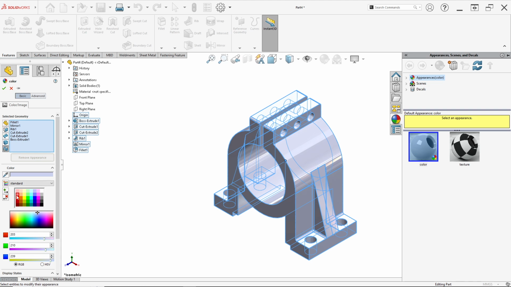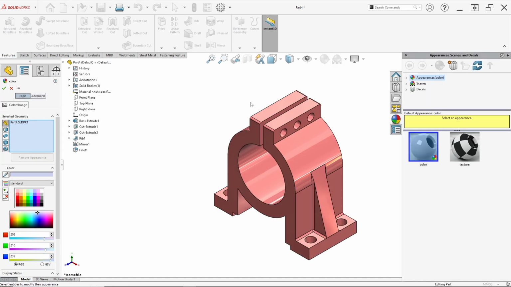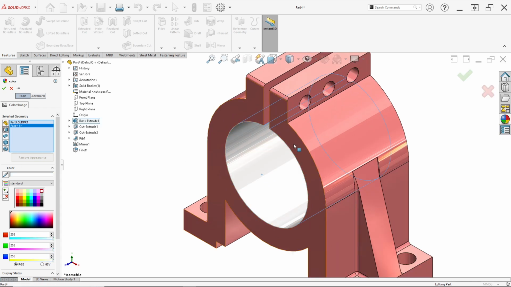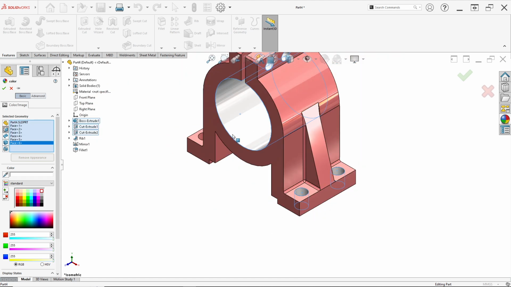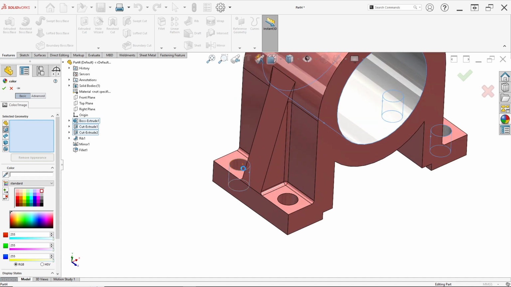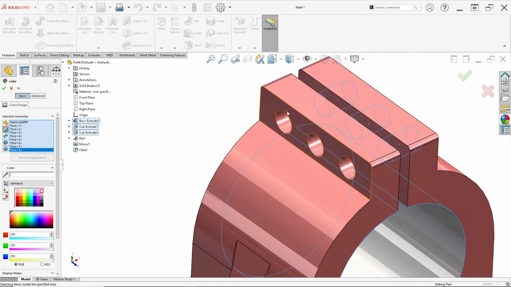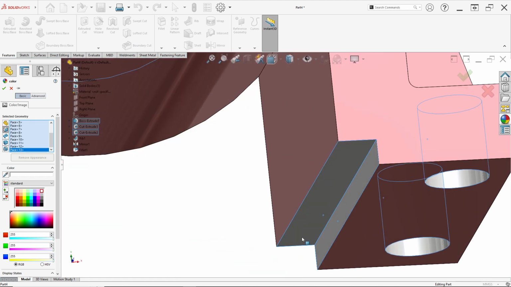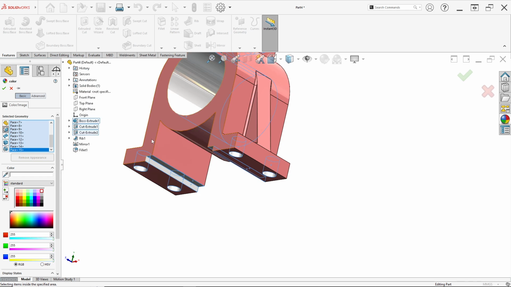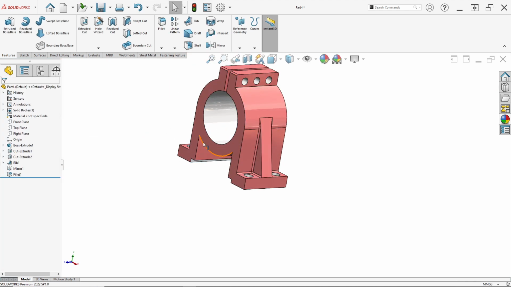For color click here, maybe red or pink, just click OK, and click appearances again, just click face, select face, change to white, click white, these faces, and this hole again, and this hole, and this hole. Just click this face, this face, this face, and this face, and just click OK and done.